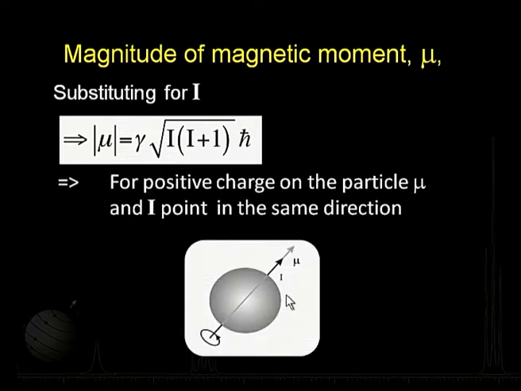One more point we have to take note of here is that, since the nucleus has a positive charge, the magnetic moment mu and the angular momentum I both point in the same direction. This is very important, because even the electron has a similar kind of behavior, but in that case I and mu point in opposite directions. That has very different consequences. We are not touching on that, because it forms the basis for ESR, electron spin resonance spectroscopy, which is not in the purview here, but for the sake of it I have just made a mention of it.